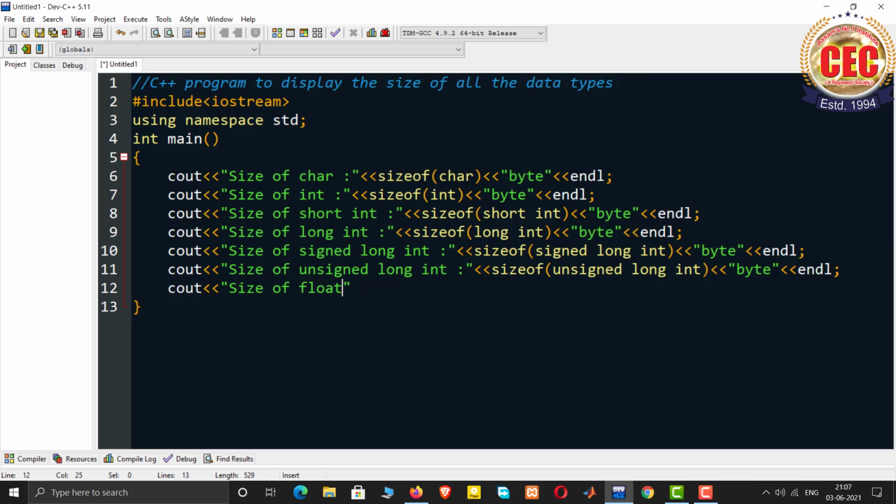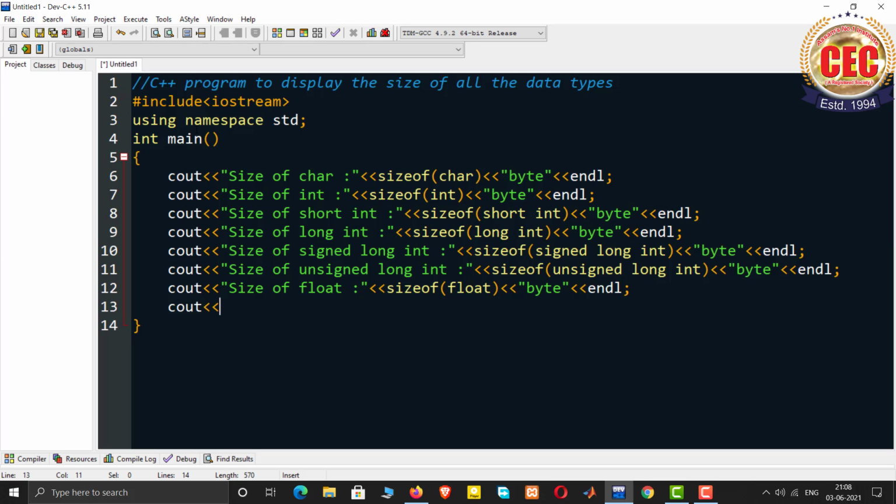Then space colon, and then again output operator, then again sizeof, and inside parentheses I have to write the keyword float, and then again output operator, then we will write byte, and then again endl. So endl is for new line, remember that.